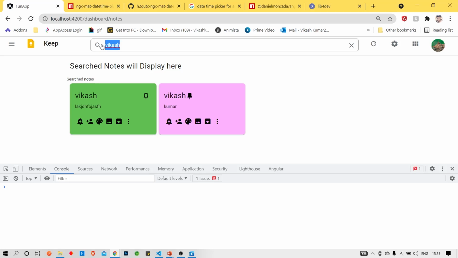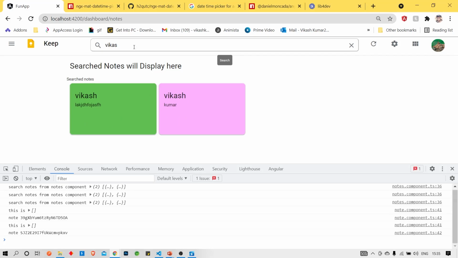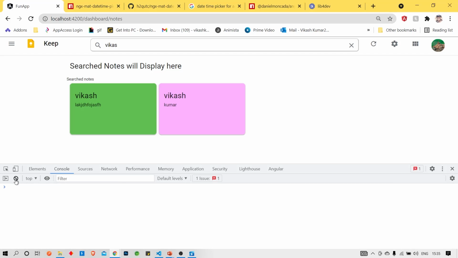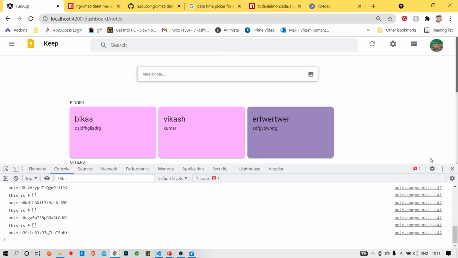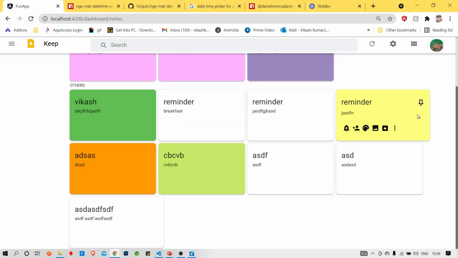Once again, if you try to hit with the name of Vikas, it will not go again. This is done using RxJS. If we remove, then only it will hit Firebase, or else it will not hit. So this functionality is added. If we click here, then normally we can come back.